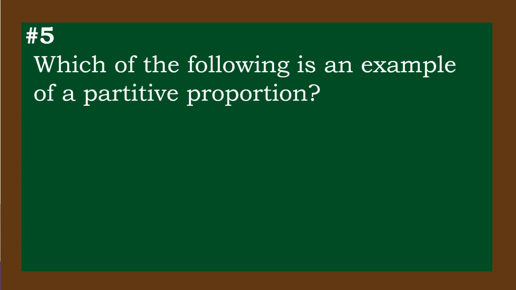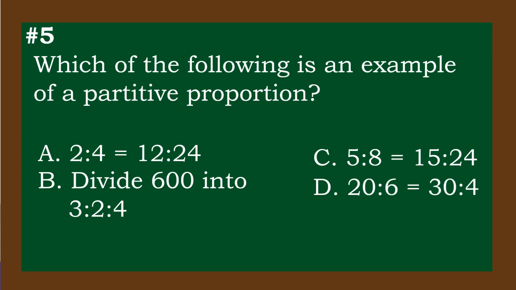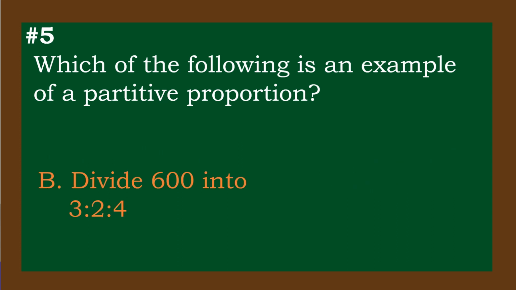Number 5. Which of the following is an example of a partitive proportion? A. 2:4 is equal to 12:24. B. Divide 600 into 3:2:4. C. 5:8 is equal to 15:24. D. 20:6 is equal to 30:4. The correct answer is